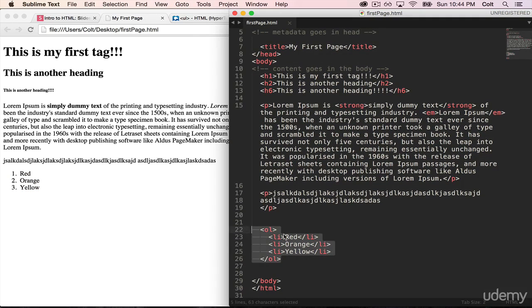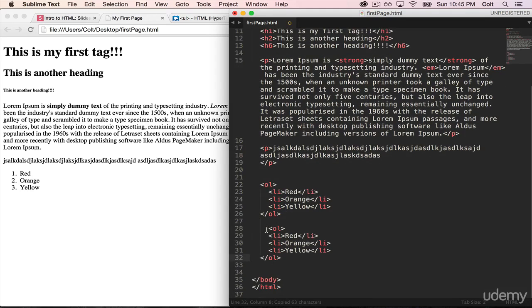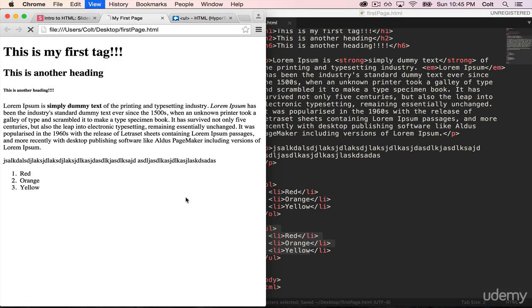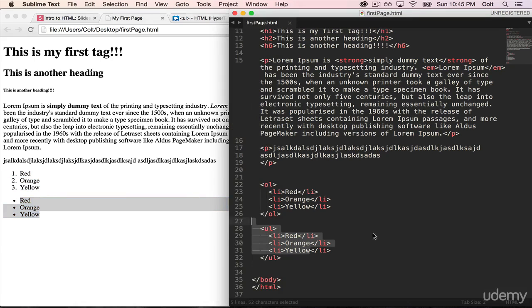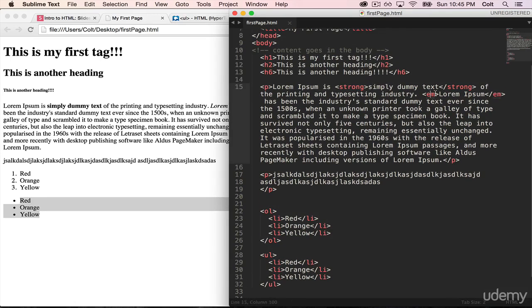So if we copy this and we do the exact same thing, but we change it to be a UL, and I refresh the page, you'll see that I have a numbered list, which is ordered, and an unordered list with bullet points. So just by changing OL to UL, I go from ordered to unordered. Both of them require list items inside. What we can also do, just to show you, we can nest any of the other tags that we've seen, like strong or emphasized. So let's make red